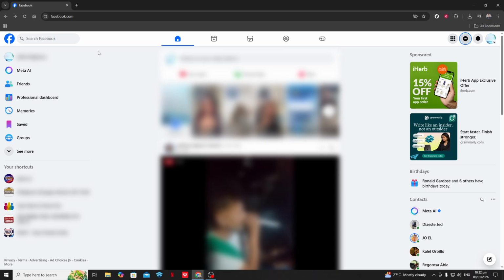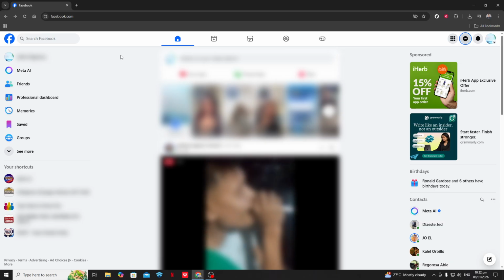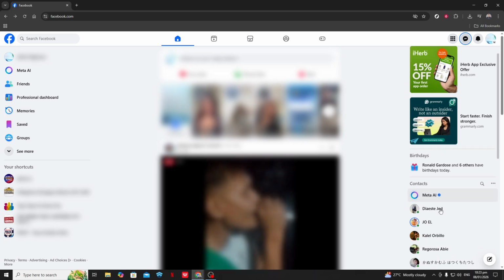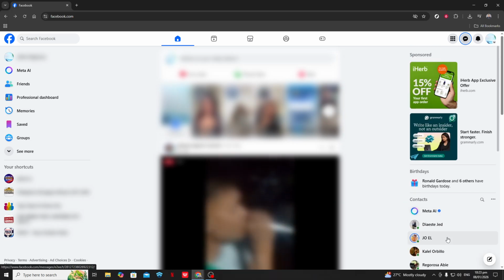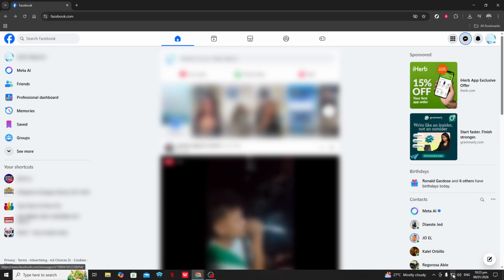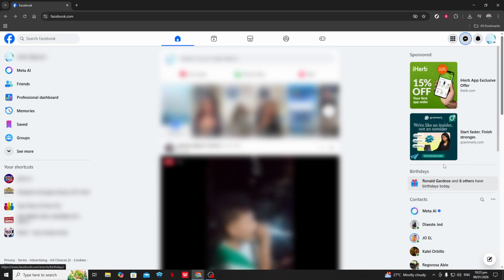Then, open the conversation that contains the voice clip you want to download. Scroll through the chat until you find the exact voice message you need. It can help to quickly scan for the little audio waveform icon or the play button, since that's how voice